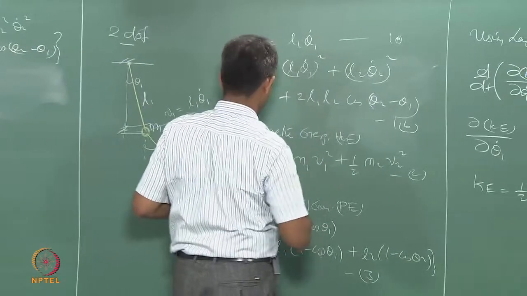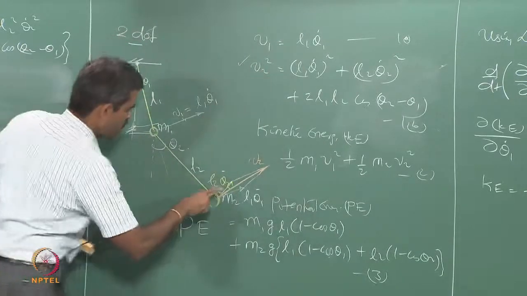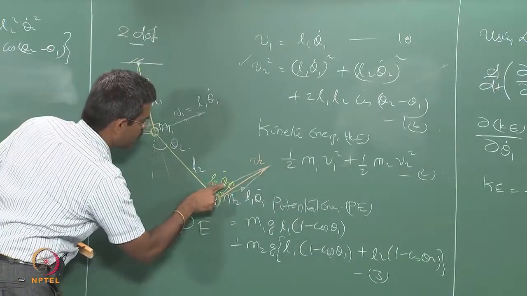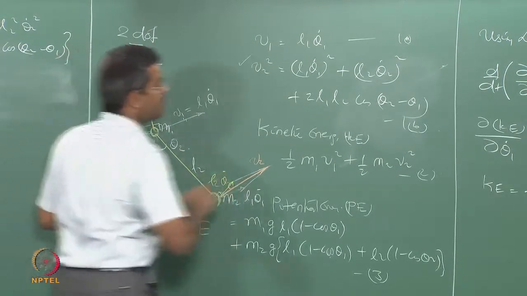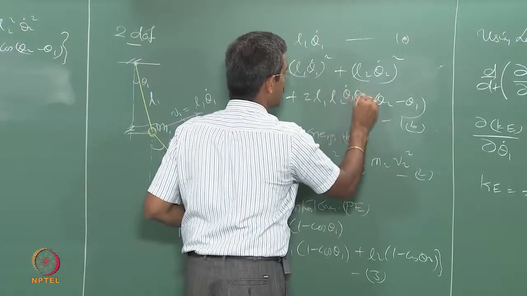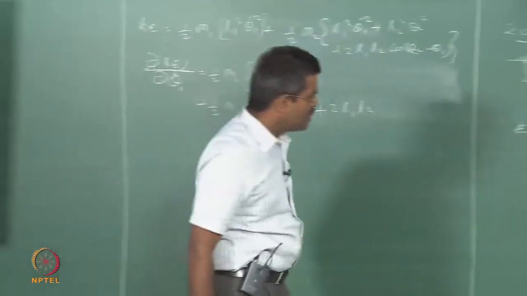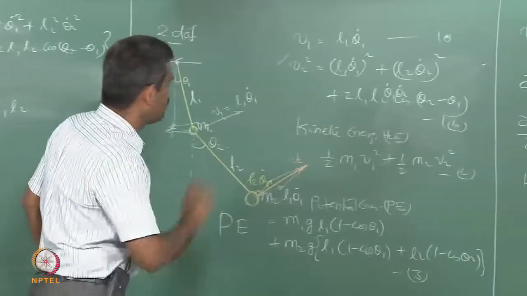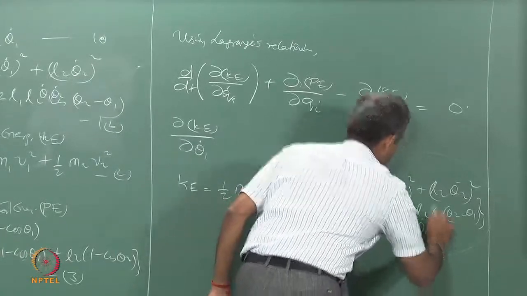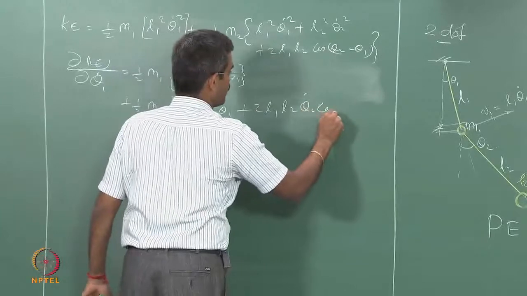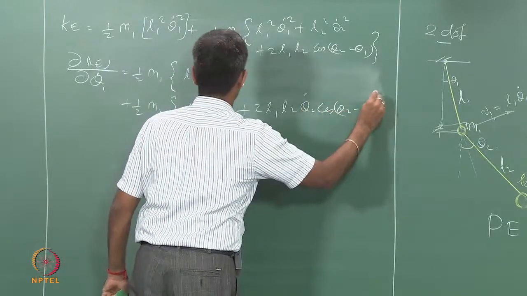Please make a change because this is L1 theta 1 dot, this is L1 theta 1 dot, this is L2 theta 2 dot, this square plus twice of AB cos. So, I am missing theta 1 dot and theta 2 dot here. I am sorry, I am missing that here. I think we have to make those changes everywhere. Okay, theta 1 dot and theta 2 dot. So, here theta 2 dot will stay with cos of theta 2 minus theta 1, because the derivative is with respect to theta 1 dot.